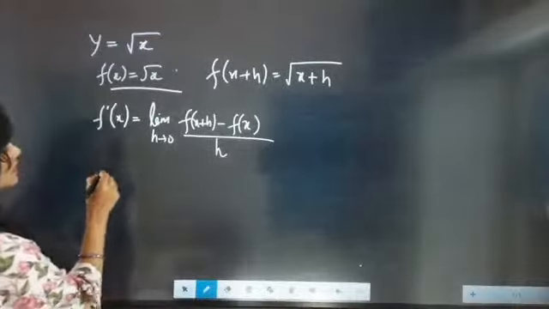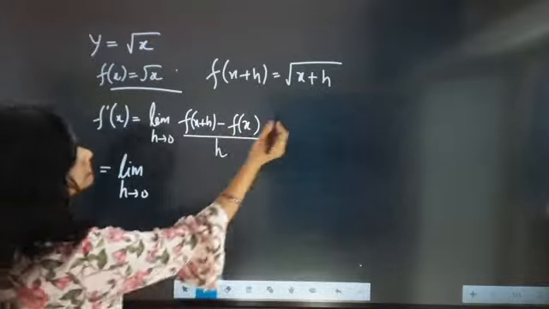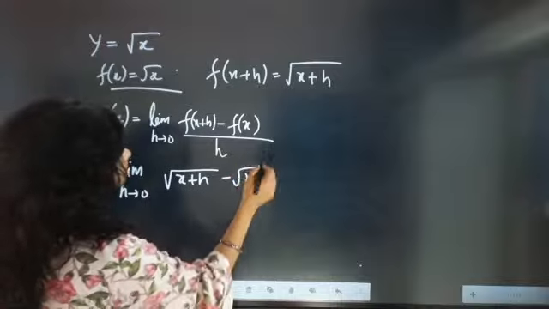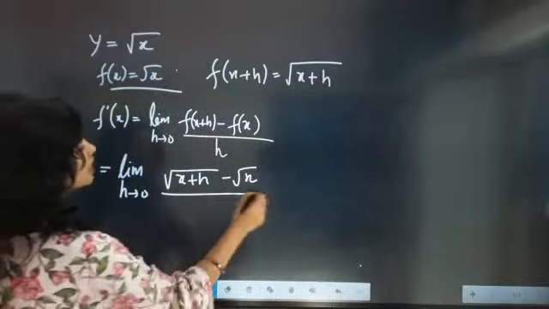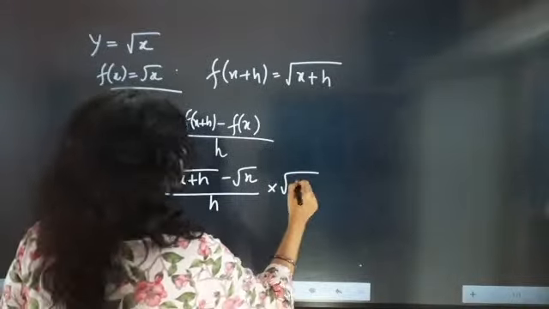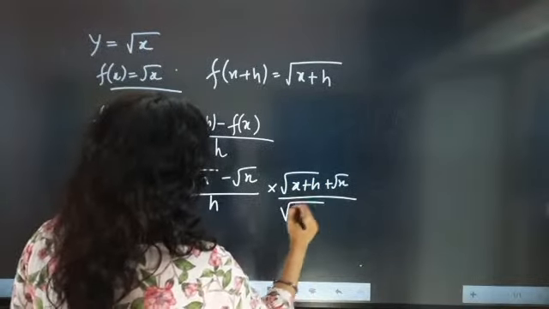Now just write this as limit h tends to 0 of root under x plus h minus root under x, by h. Only one shot, and that is you have to rationalize it. The moment you rationalize it, it will become,